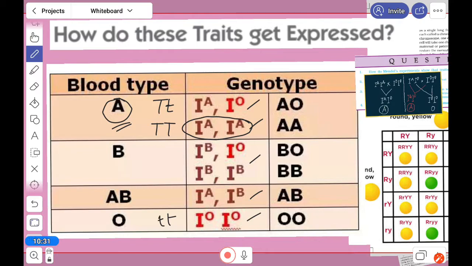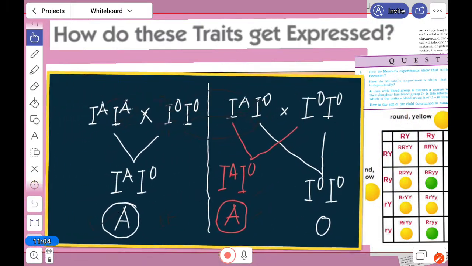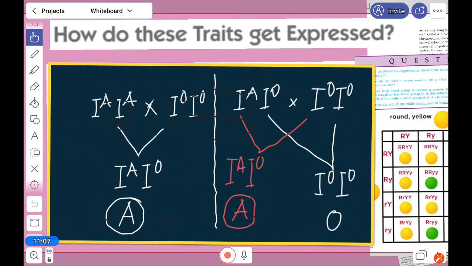Genotype is not given in this question. In the question it is told that a man with blood group A marries a woman with blood group O, but it is not told what type of A he is, this or this. But O, we know, is only one type. From these things we cannot say which is dominant and recessive, and we cannot say the result either. So let's focus on what will happen if each case occurs.